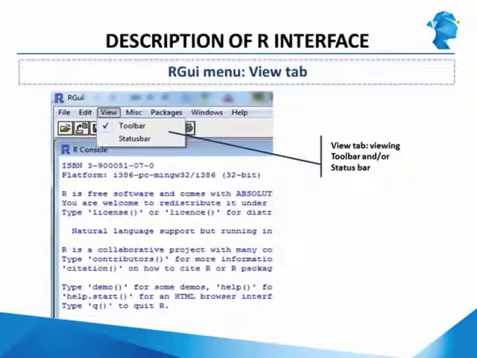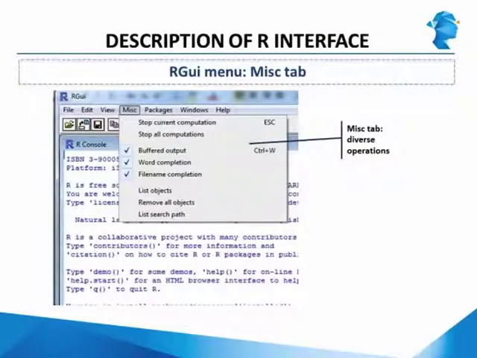The third tab that we will discuss is the View tab. With its two unique simple functions, it permits the users to choose the view on our GUI, namely if it should include the toolbar and or the status bar. So essentially there are only two options in the View tab, whether you want to view the toolbar and or the status bar. You can check or uncheck both the options.